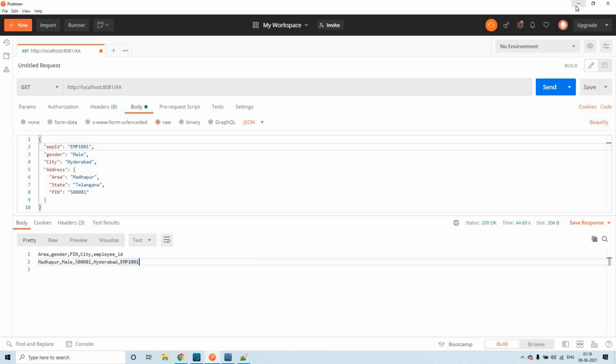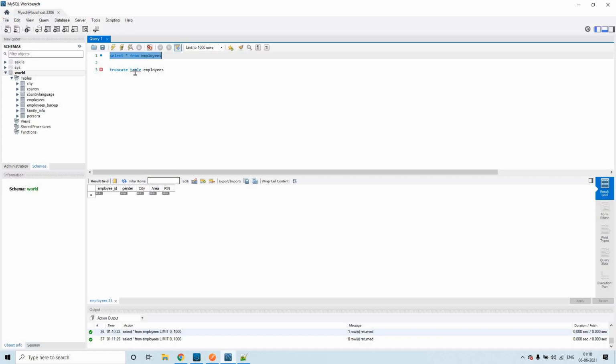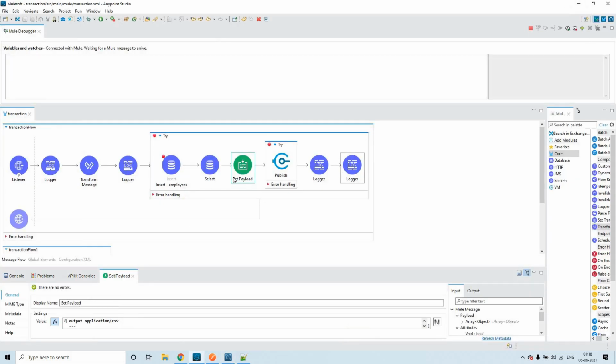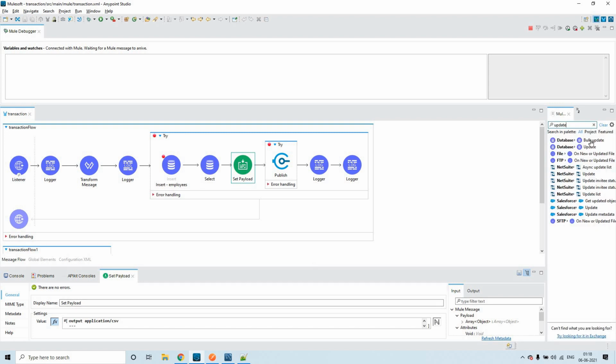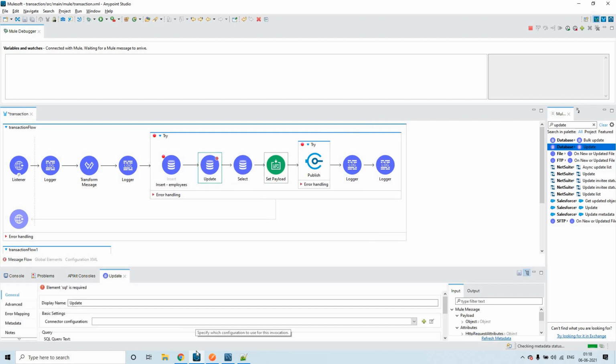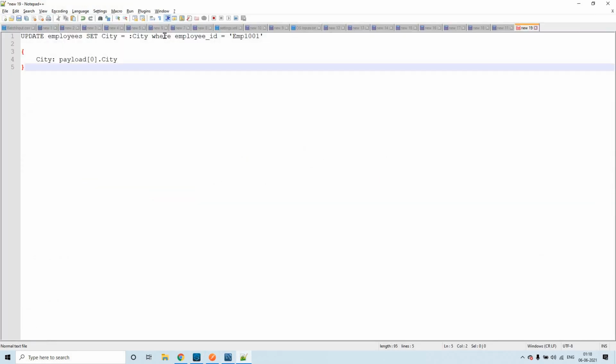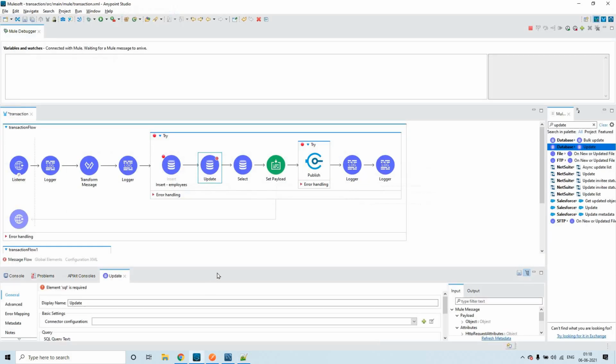Now you see in the database table, if I execute this, we see that one record got created. Now let us try to add the things which we have deleted, that is update, before select. Let me copy these things which I took as a backup.